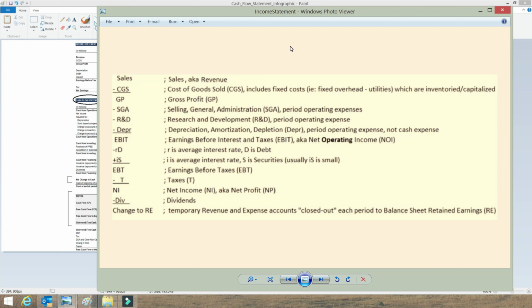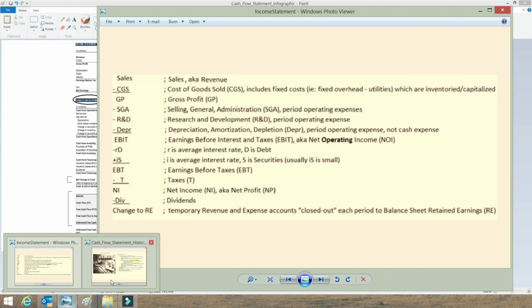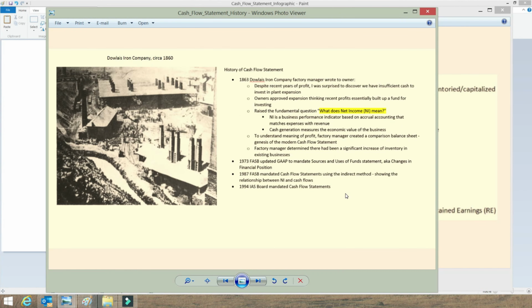So when we get to the bottom and look at net income, which is also referred to as net profit, the question really comes into, well, what does that final number of net income really represent? Well, this question of what net income means has quite a history, and there's an interesting story about